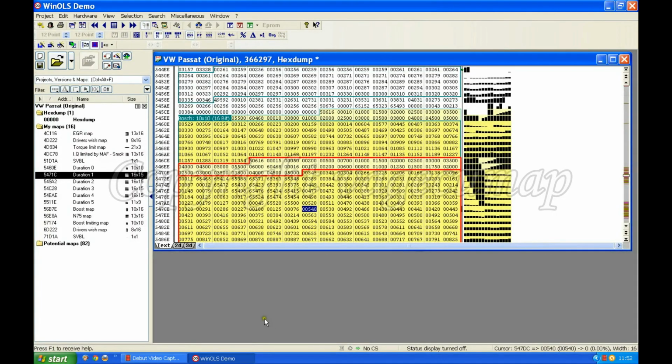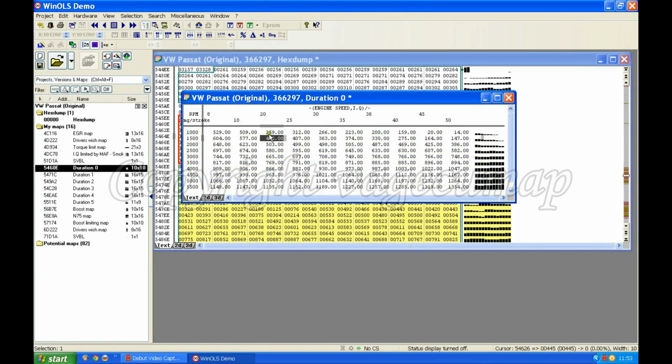Right, this is looking at duration part 2. The reason being I'm trying to keep these videos at a sensible length. Here's the first duration map that we found in the last video. If I double click that one to open it,